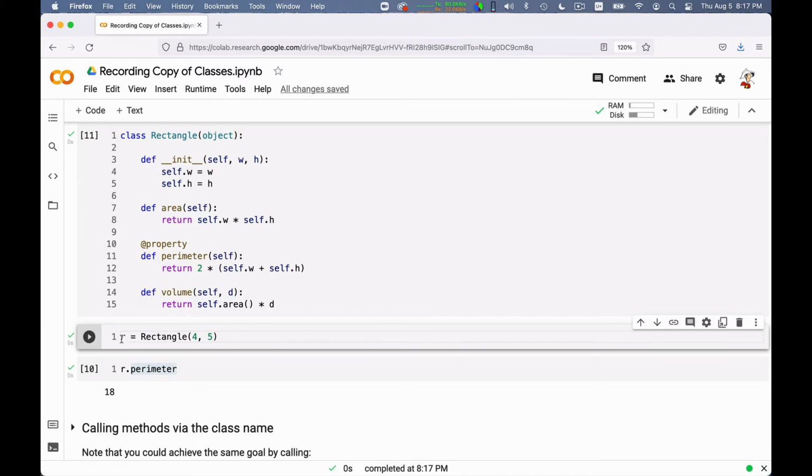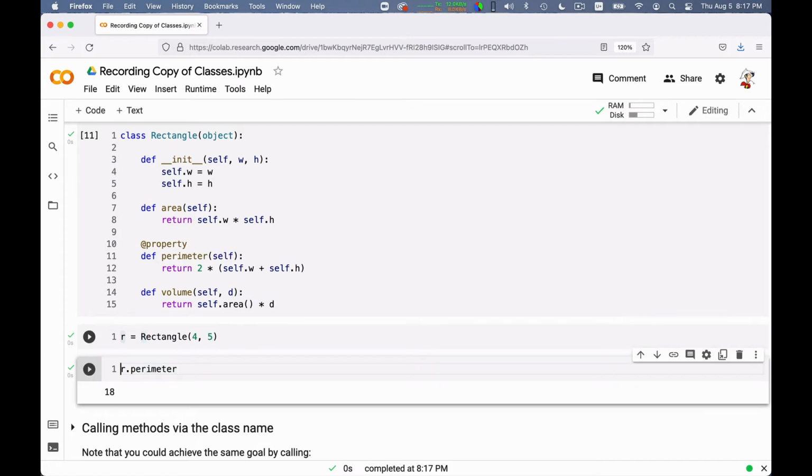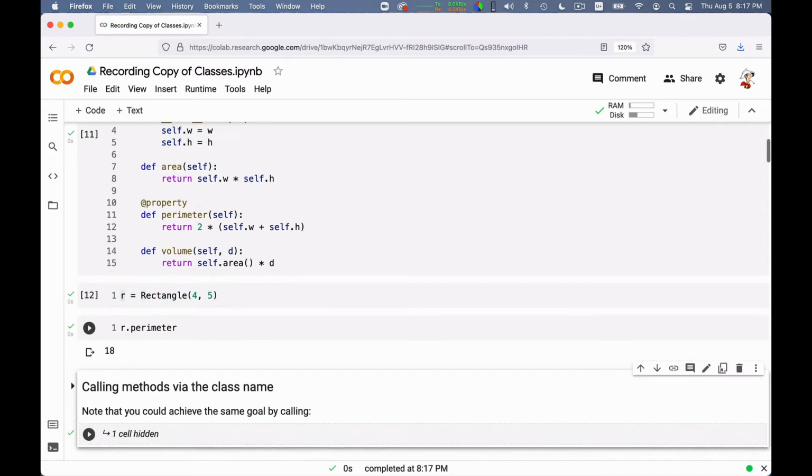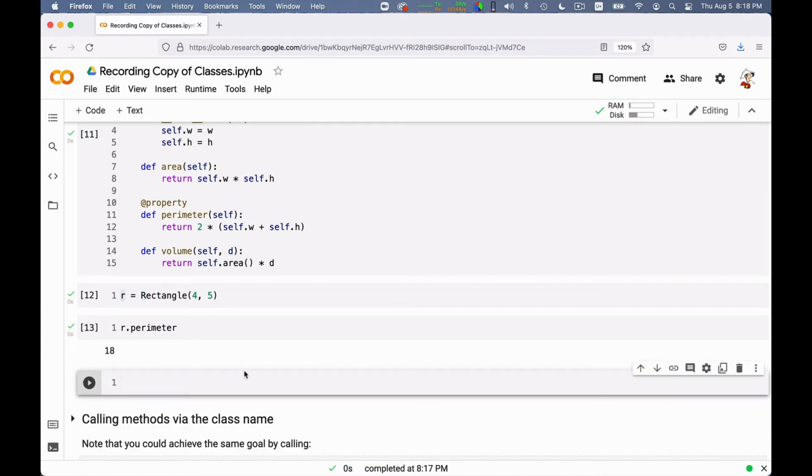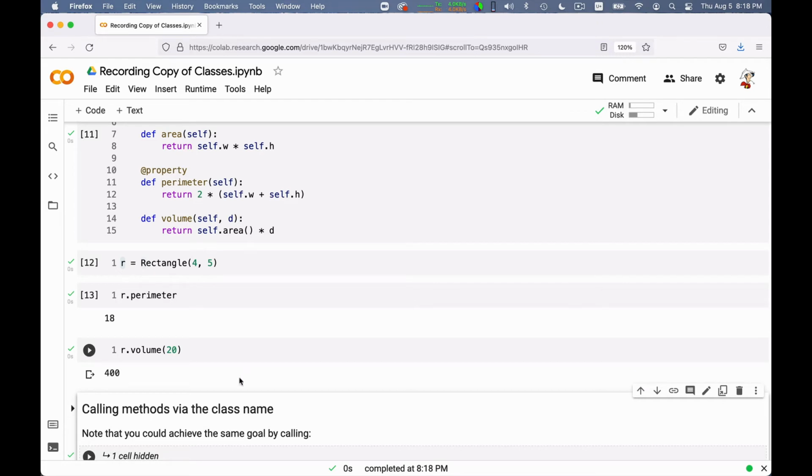Now the old object that I defined is defined with respect to the old declaration, so I cannot just use it, right? I need to redefine an object. So if I redefine this object, of course, the perimeter method will work, but now I will also be able to write things such as r.volume(20), for instance, and this will give me 400.